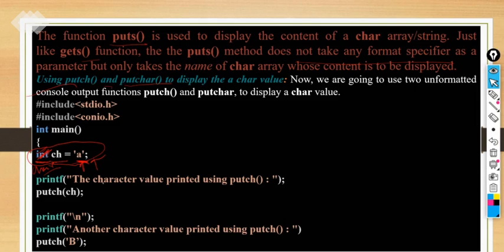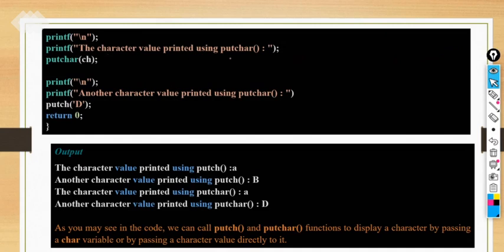I hope you are getting these things. So here this message will print as it is, printed using putch. Putch will print that particular alphabet, whatever is there in ch. It will print a, and in the next line another character value printed using putch. It will show you putch capital B. So we will see what the output will be with respect to it. Next we put ch value, it prints here, another character value entered, printed using putchar. They have entered two values: ch, what is stored in the ch variable, and b here.